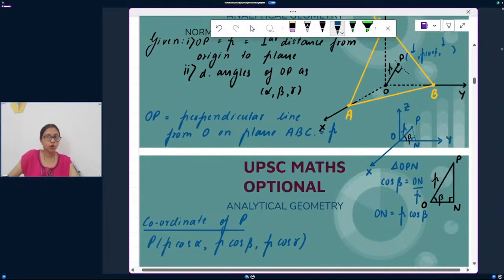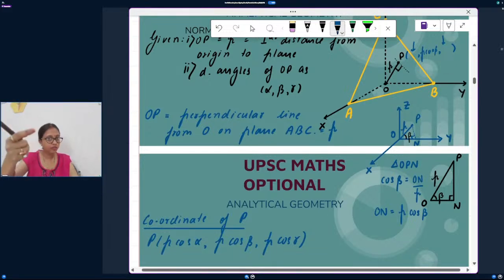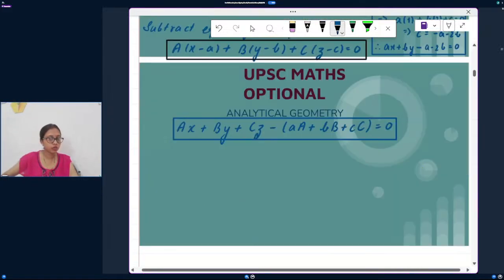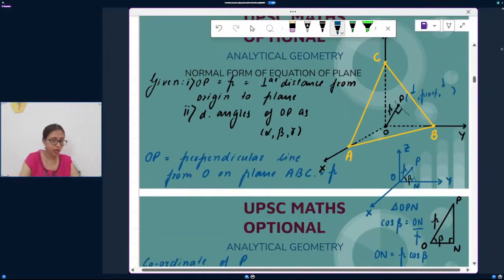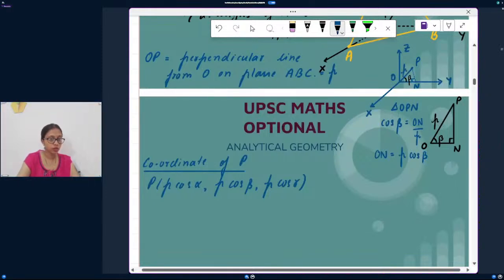Now, using these two, how will I find it? What I have learned is that I can find the equation of a plane if I know a point on the plane. That's why we were trying to find the coordinates of that point P, because P is a point on the plane. And I have just done a concept where I can find the equation of a plane passing through a point. So if I find that P point, which is p cos alpha, p cos beta,